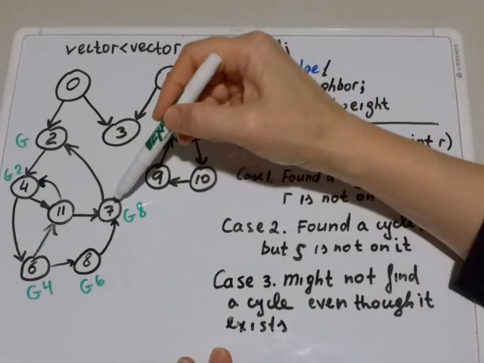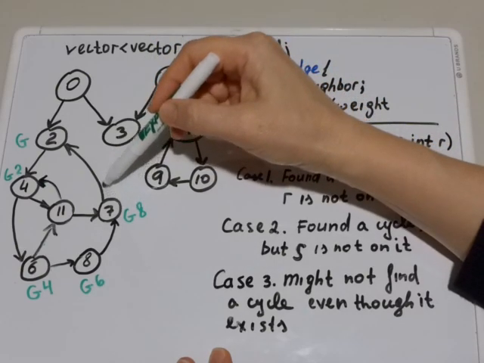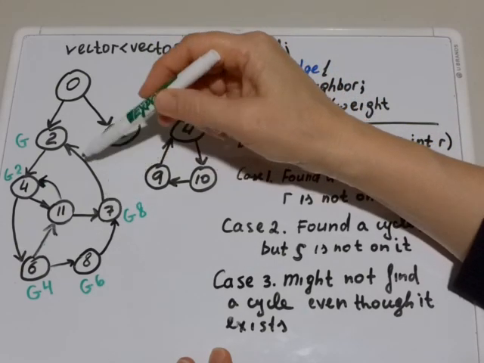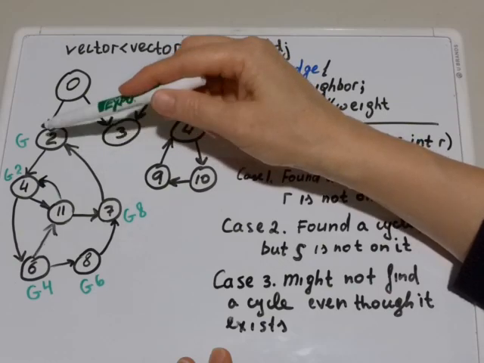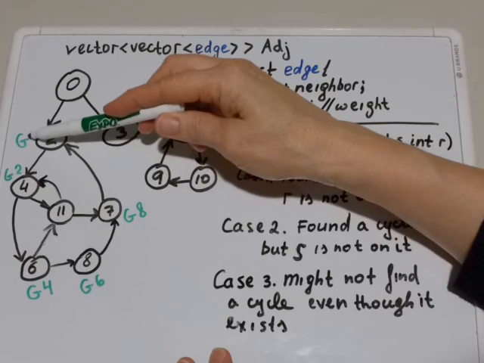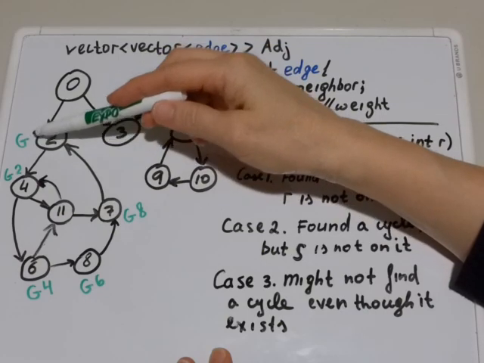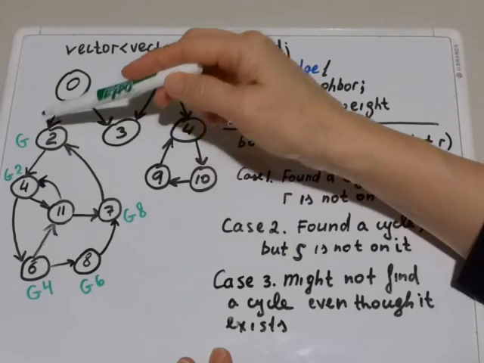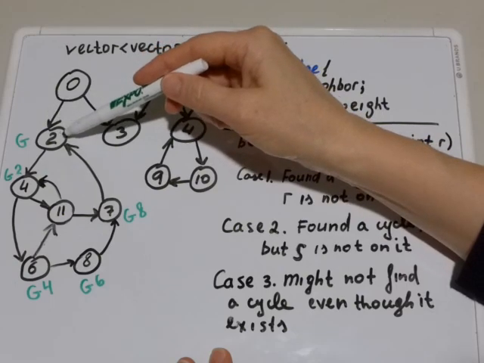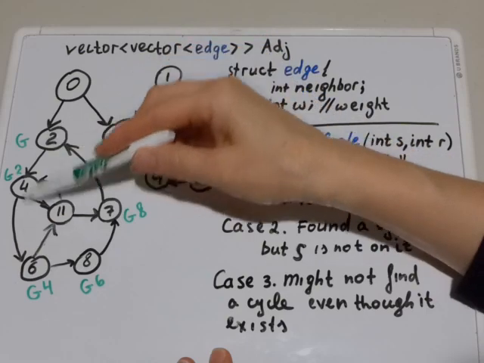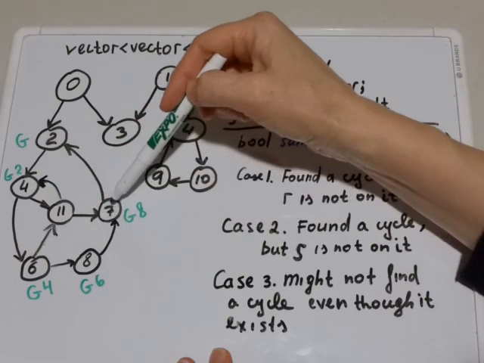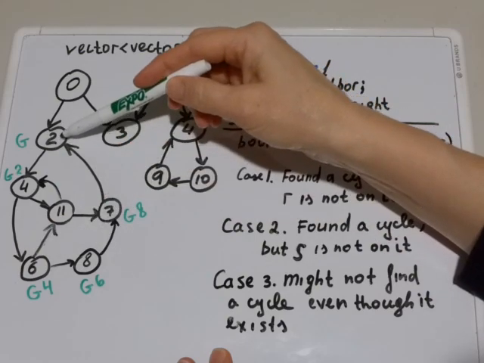After that, from the adjacency list of 7, we'll encounter 2 and check its color. Its color is not white anymore, it's gray, or green in this example. If it is gray, that means this vertex has not finished yet. That means there is a path from this vertex to vertex 7, and this edge from 7 to 2